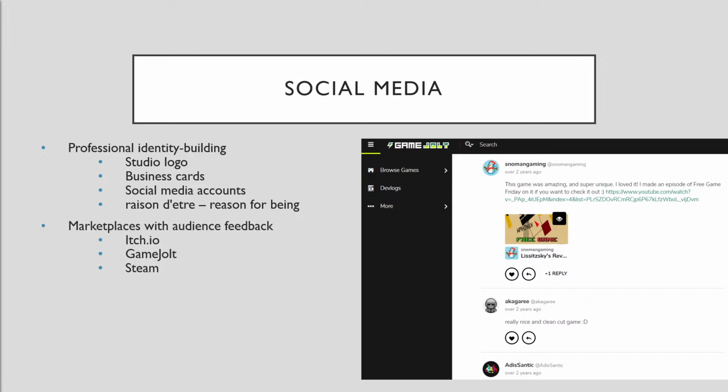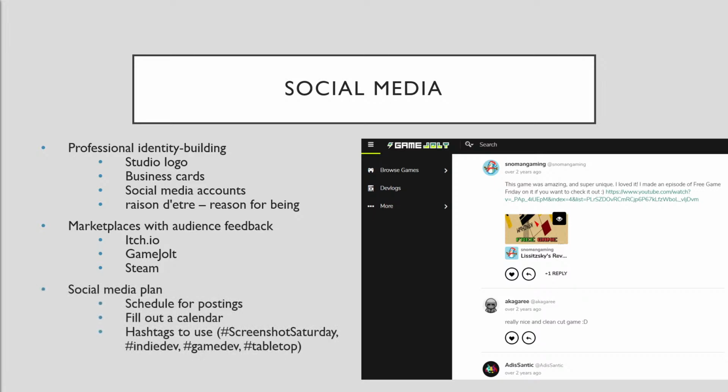Marketplaces with audience feedback include Itch, GameJolt, and Steam. Be careful of the feedback on Steam. Steam is an interesting place. One time when I was doing a Steam Greenlight, rest in peace, but not, because Steam Greenlight sucked. It was like having a Kickstarter, but you didn't have that end date to know when your suffering was over.